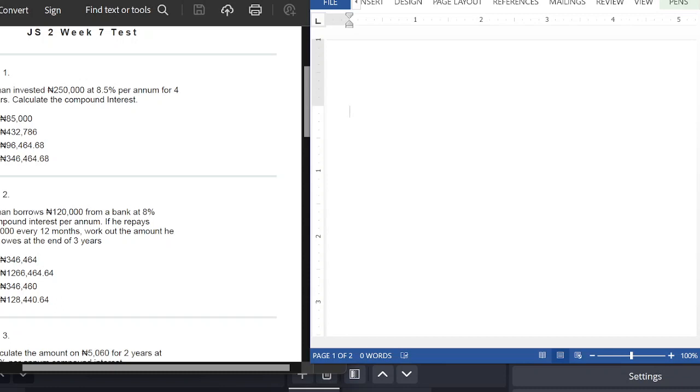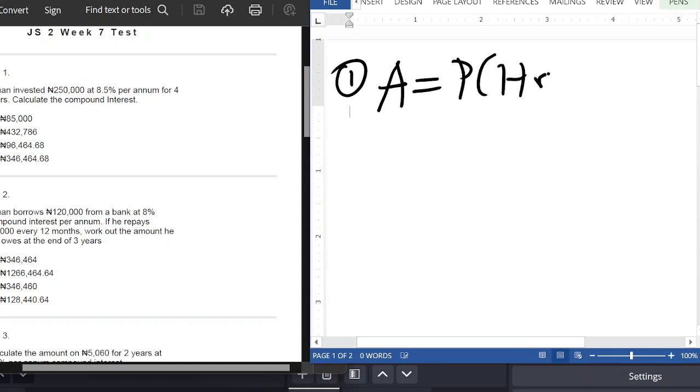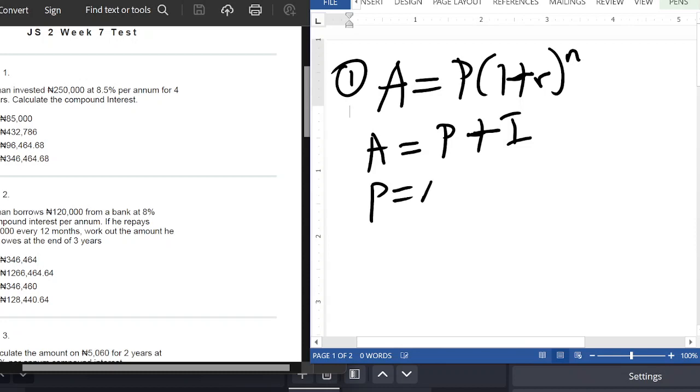So the first thing we need to do is, we have two methods as I've explained in the lecture videos. Because of the time, let's make use of the second method, that is the formula method. So we're going to make use of the formula, amount A is equal to P into (1 plus R) everything raised to N, where A is the amount, which is the principal plus interest, which we don't know yet, and P is the principal, which is 250,000 naira, and R is the rate, which is 8.5%,